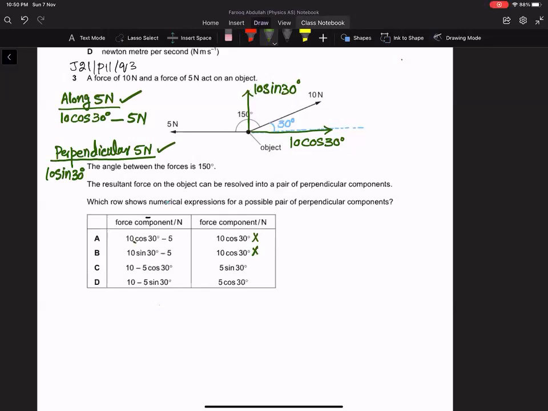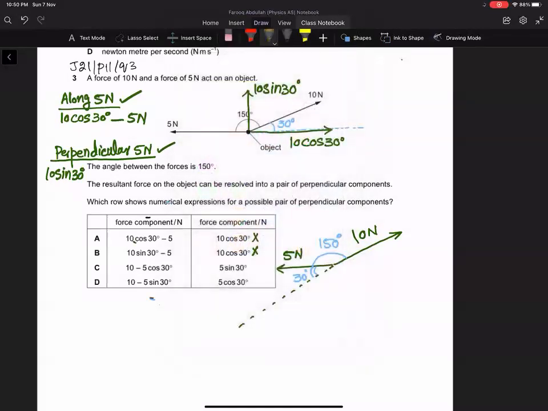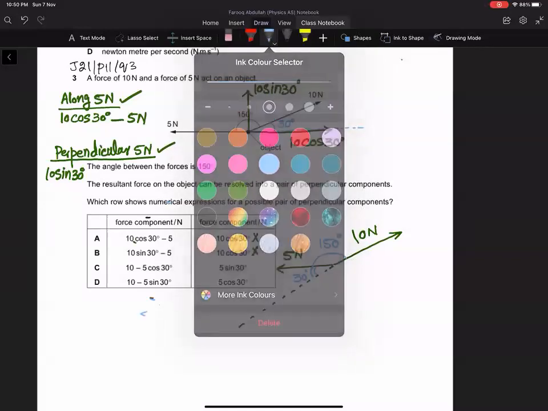So what is the other option? What if we resolve it along 10 Newton and the forces are not drawn to the scale? However, we can see that 5 Newton is horizontal. If we extend the line of 10 Newton and resolve the 5 Newton force along the line of 10 Newton, what we'll get? Look, this angle is 150 degrees. This angle will be 30 degrees, and two components of this 5 Newton force will become, they will be,